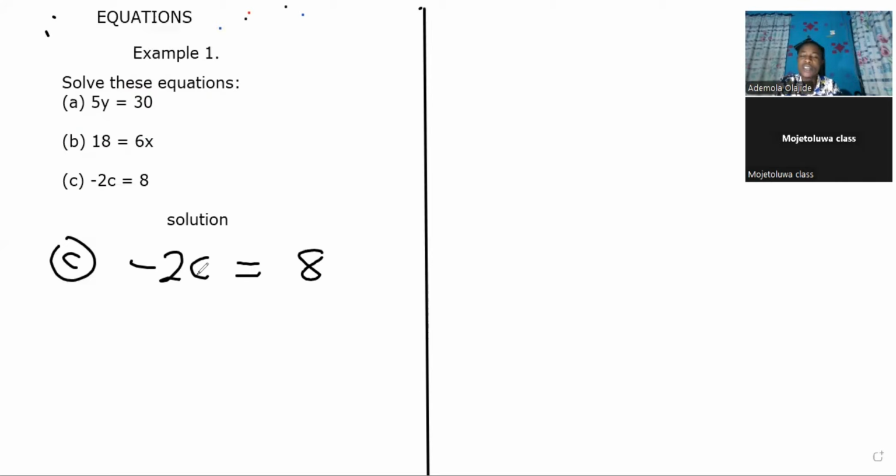For example, if the figure you want to remove is a coefficient, you divide both sides by it. If someone asks why you are dividing both sides, you tell the person, because the thing I'm removing, which in this case is -2, is a coefficient. So here we want to remove that -2 so that only the letter c can stand out. You say divide both sides